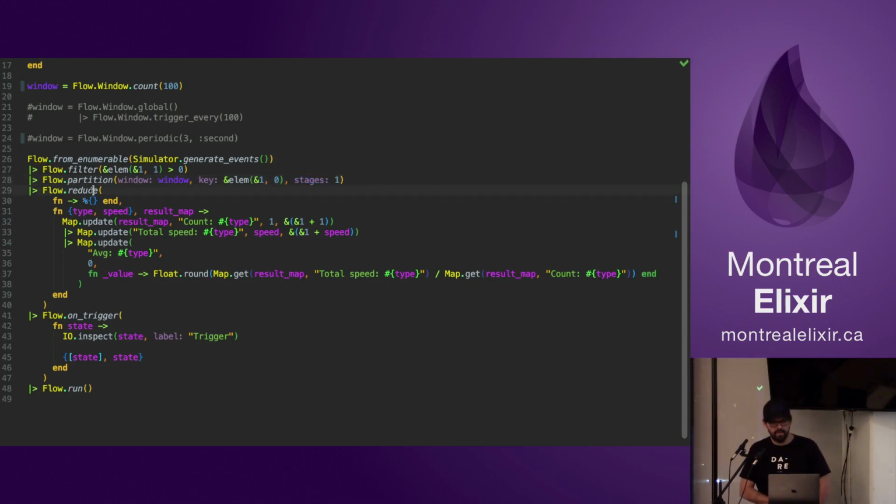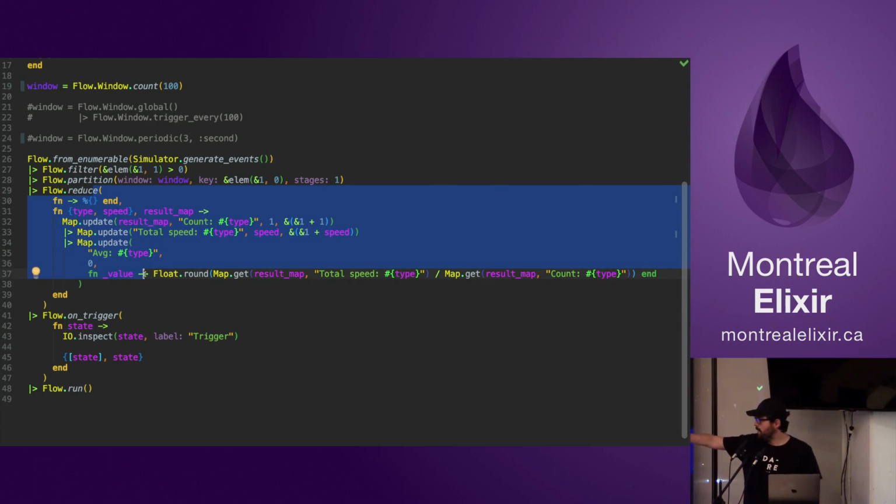And then I have my reduce function, which here is basically getting a map, counting by type. So I'm going to count all the vehicles that passed through, that I received the event. I'm going to have a total speed, by type also, so I'm just summing up, because in the end I'm going to do a simple average of that. So I'm going to divide the total by the amount, and I have the average speed by type.